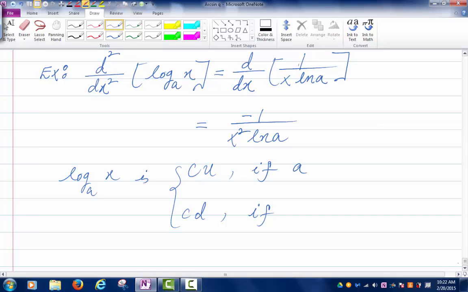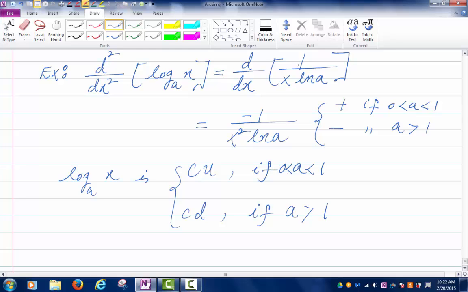When a is between 0 and 1, it is concave up, because in that case ln of a is negative. So you have negative 1 divided by ln of a, which is negative. They cancel out and you get something positive. So this derivative is positive if a is here, and it's negative if a is larger than 1. So when a is larger than 1, it's going to be concave down,